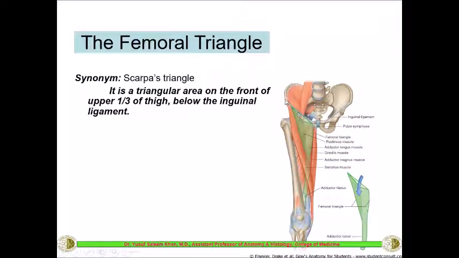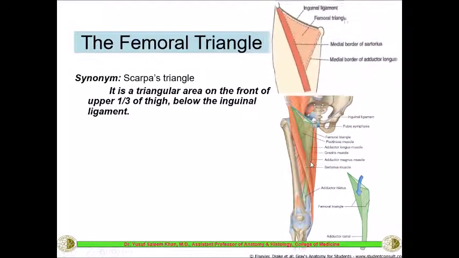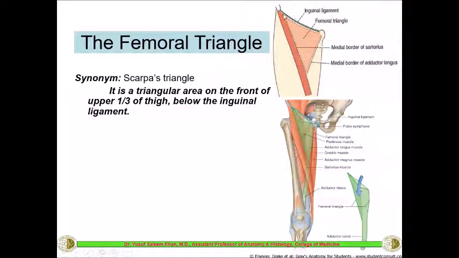This is the inguinal ligament, which extends from the anterior superior iliac spine up to the pubic tubercle. This is the ligament here, a very important landmark, and this forms the base for this triangle, and the apex is directed downwards. So here also you can see this is the same triangle with the base upwards and the apex directed downwards. Whenever it is a triangle, then there should be three boundaries.